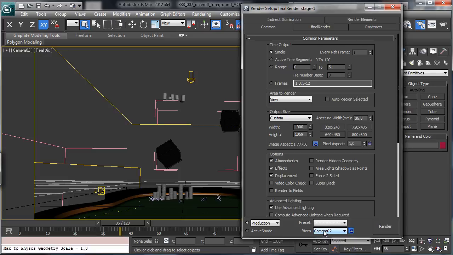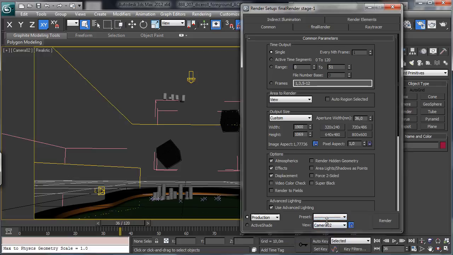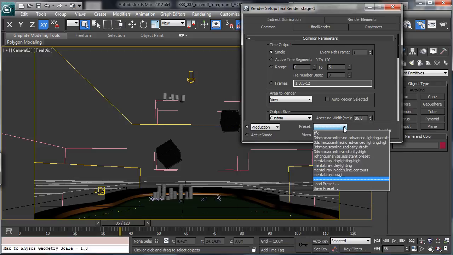But the feature I'd like to talk about is the preset channel there. Let's have this window a little bit lower. You see that we have some presets ready, made by Autodesk, and I'm talking about the 3ds Max scanline with some features there, the lighting analysis and the inventory one.